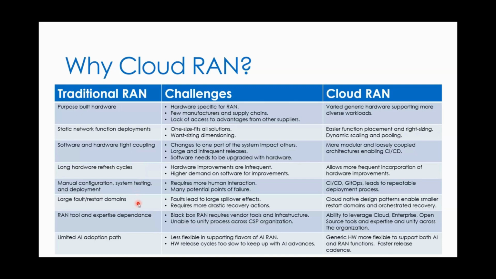Because of the tightly coupled nature, we had what are called large restart domains. The idea of a restart domain is that if you have some kind of fault in a part of the system, because of the fallout from that, you have to restart some component or aspect of that system. In the case of RAN, you might have an issue processing a particular UE, for example, and that fails, and it could end up taking down the whole system just because of that failure and the fallout from that. Again, that's a result of the tightly coupled nature of the system.